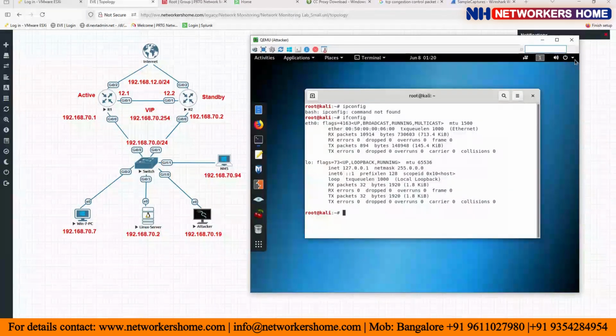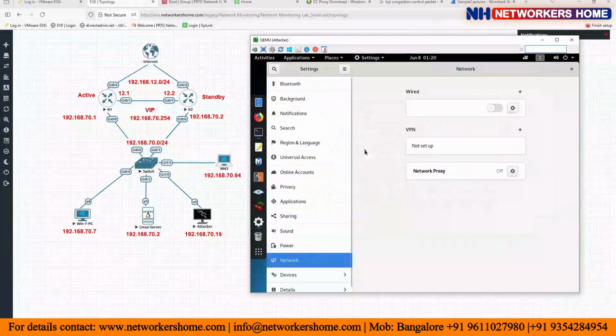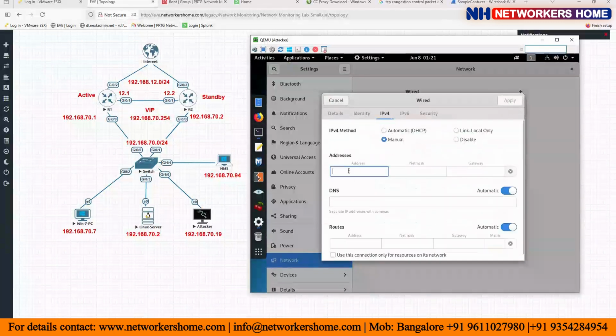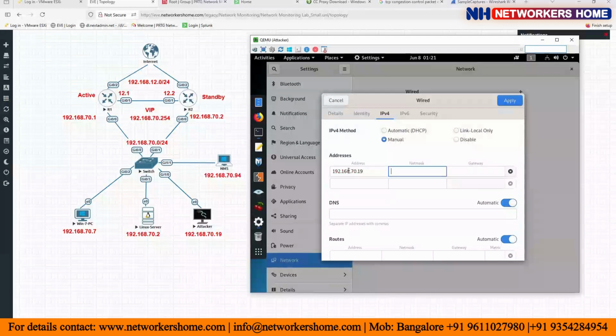No IP address. Manual. 192.168.70.19. Gateway 192.168, probably 70.254, and DNS will be